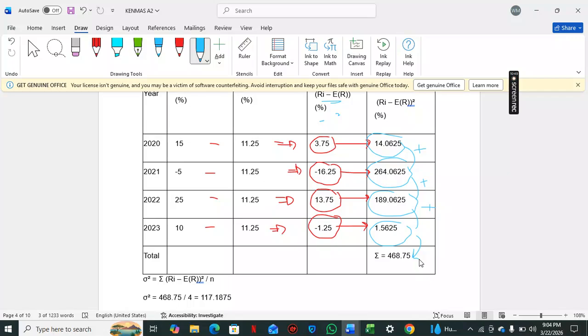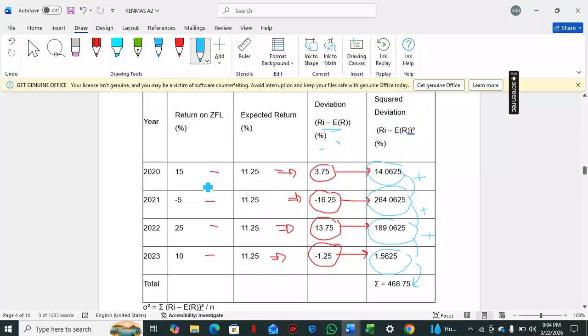Not clear, sir. Maybe you can just start afresh, sir, on the calculation for standard deviation. Each return you're subtracting it from the average. As you can see here, have you seen these returns here? Yes, sir. You subtract it from the average here. Are we okay with that first part? Okay. That is what you call the deviation. You're just seeing how far is that return from the average.